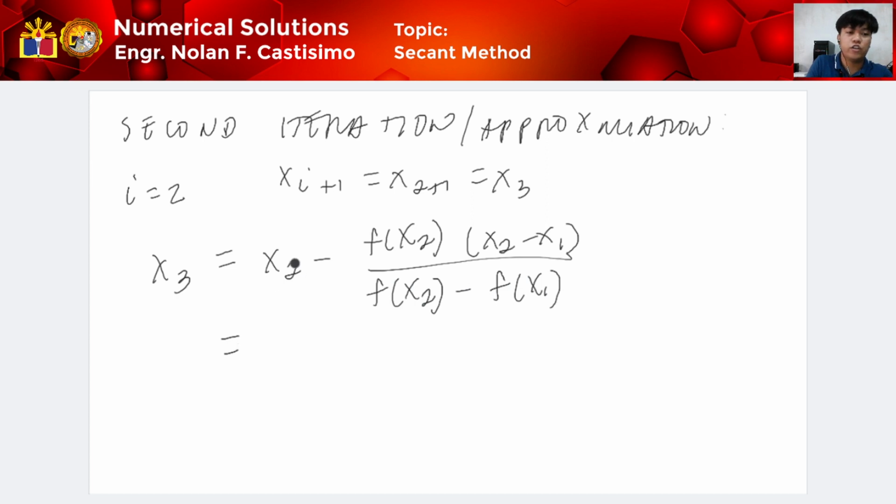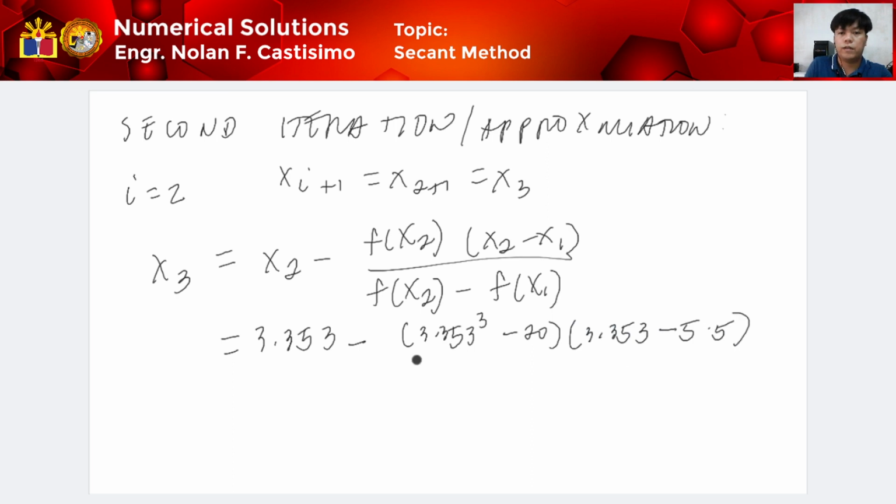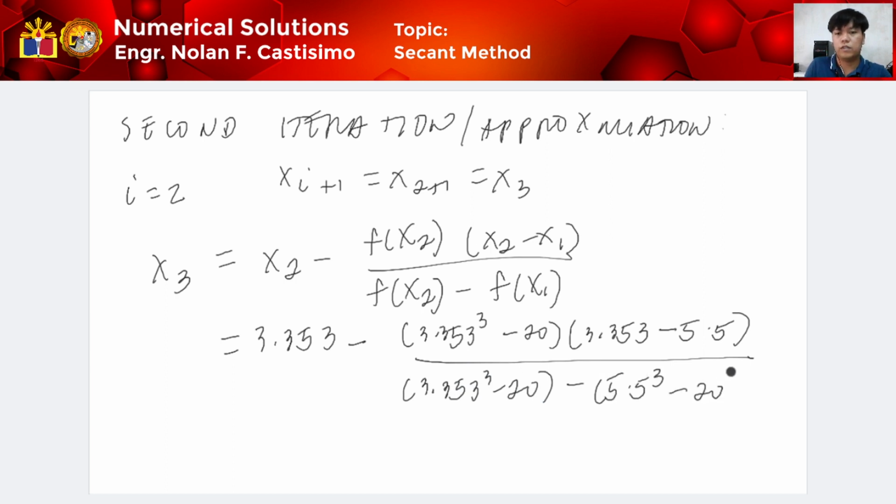And then we have the value of x2, 3.353 minus 3.353 cube minus 20 times 3.353 minus 5.5, divided by 3.353 cube minus 20 minus 5.5 cube minus 20. So, we have the value of x3 equivalent to